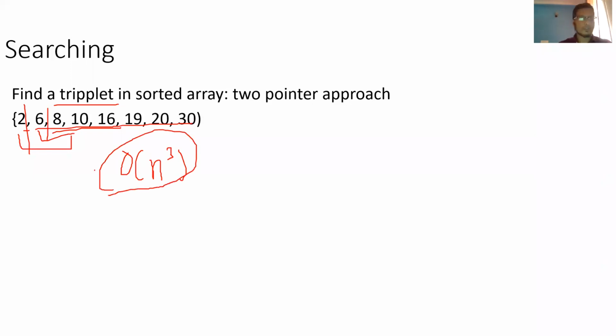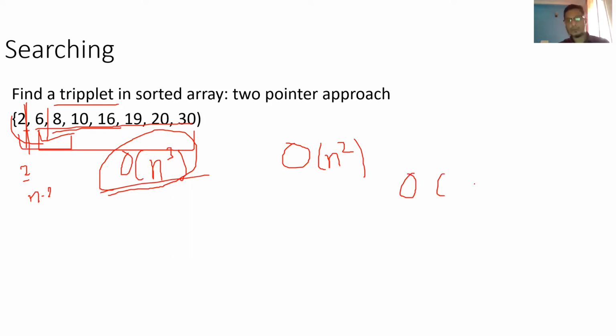So the two pointers approach you can still apply. You can hold this one, and using the two pointer approach, you subtract whatever number you are searching, minus 2 you do, and then you search whether that remaining item exists in this loop. So which is nothing but big O of n for this, and this is n, you understood, right? So it is big O of n square, which is better than big O of n cube. Actually, it is big O of n into n by 2. So basically, if we ignore the constant, it is big O of n square.